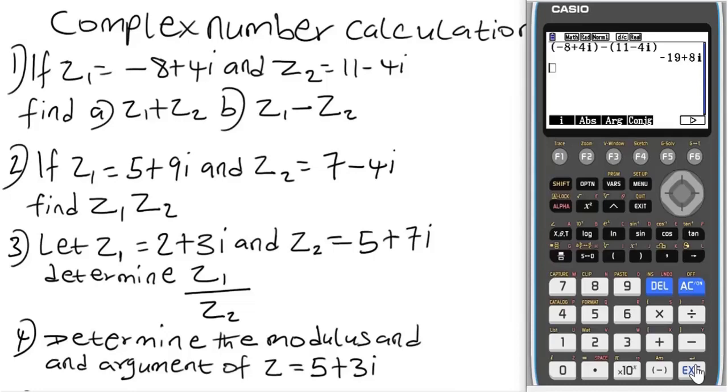It is multiplication of complex numbers. It says if z1 equals this and z2 equals this, find z1 z2. Multiplication, guys. Very, very simple. All you have to do is adjust it here. Okay, so let's delete everything here. All right. Okay, so we have 5 plus 9i. Make sure that it is in brackets, guys. Very, very important. All right, you can choose to put a multiplication sign here. All right, open another bracket. We have 7 minus 4i,